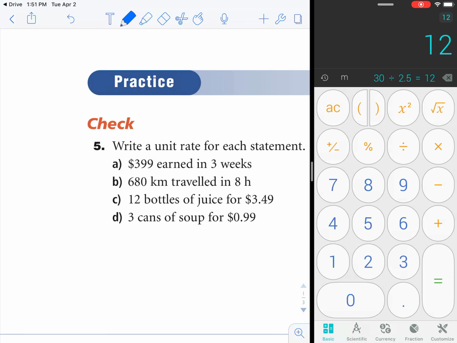So unit rate, we have $3.99 for 3 weeks. So if we divide $3.99 by 3, you'll get $1.33 per week. 680 in 8 hours, so 680 km divided by 8, 85 kilometers per hour. 12 bottles of juice for $3.49, so $3.49 divided by 12